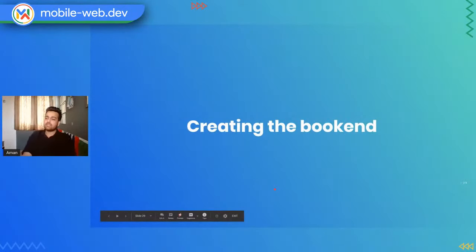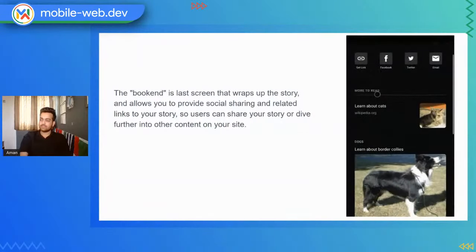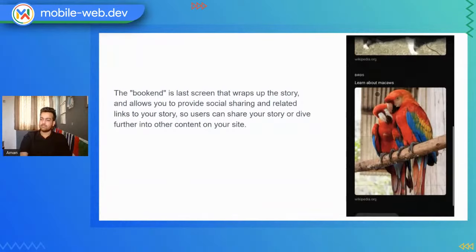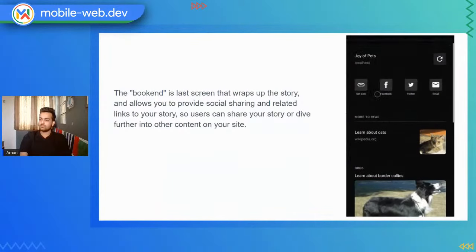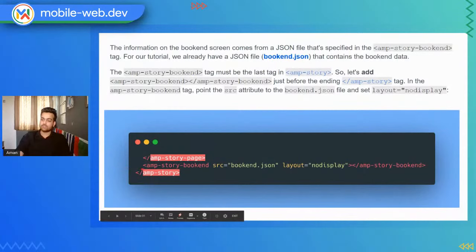But getting back to the main element, amp story also offers another unique element that is called bookend, which means the end of your amp story. And how that actually appears is something like this. If you want to give some kind of relevant information to the users who are coming to your platform, you can place this bookend. And it's very easy to place the bookend just after the end of your last amp story page. You have to include this element, which is amp-story-bookend.